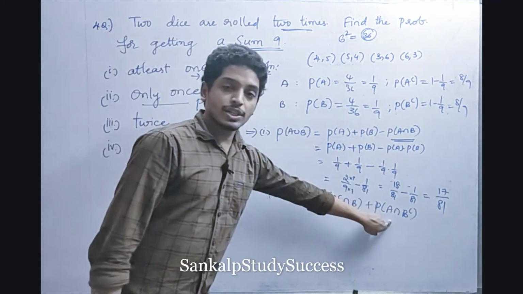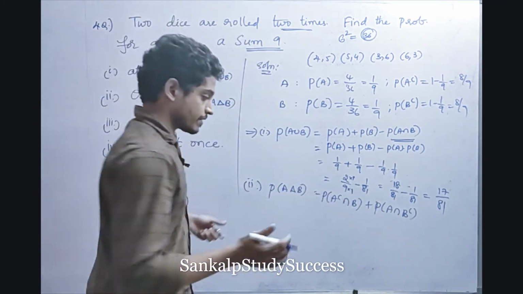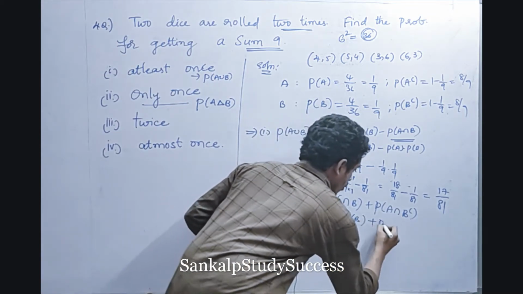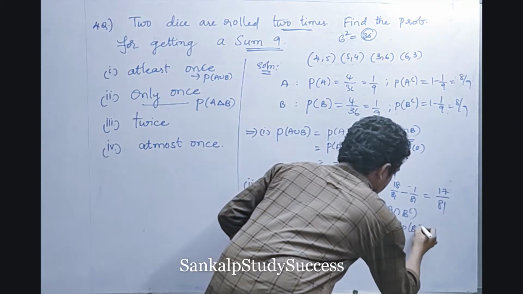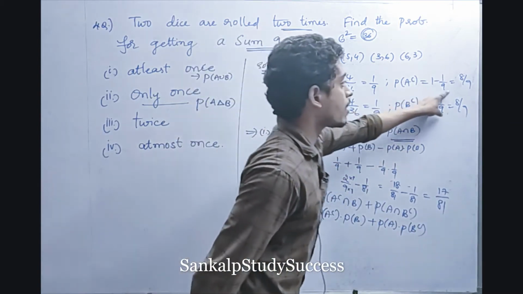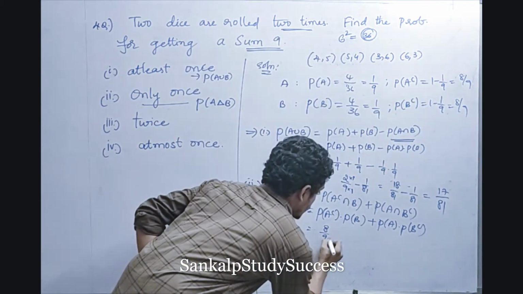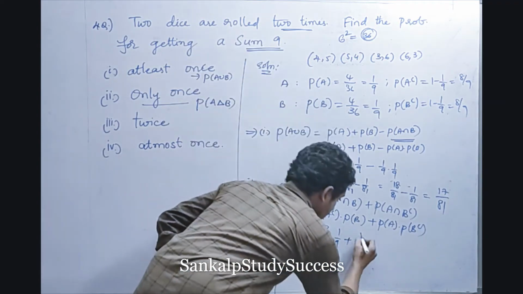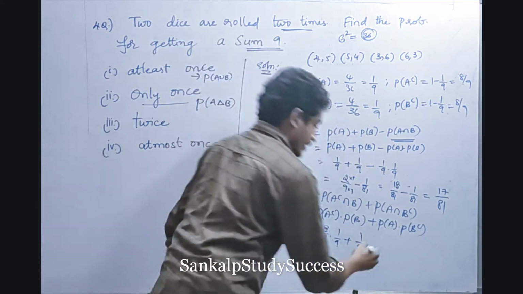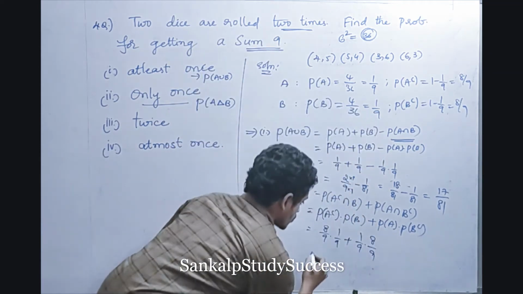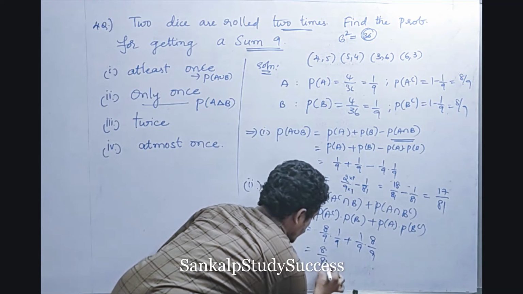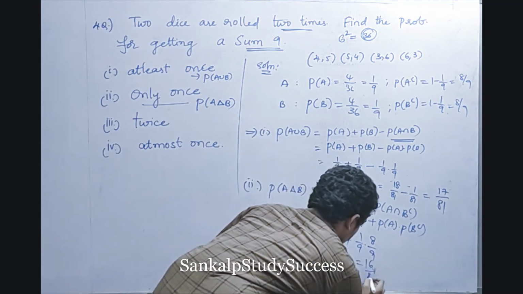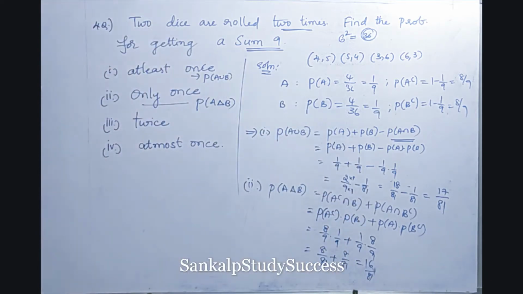Now, since intersections are there, we have to multiply the particular 2 events. So, P of A complement into P of B plus P of A into P of B complement. Yes or no? Now, find out the values. What is P of A complement? Here 8 by 9 is there, into what is P of B? It's 1 by 9, plus what is P of A? It's 1 by 9 again, and what is P of B complement? It's 8 by 9. So 8 by 81 plus 8 by 81, that is nothing but 16 by 81, right? 16 by 81 is the answer.